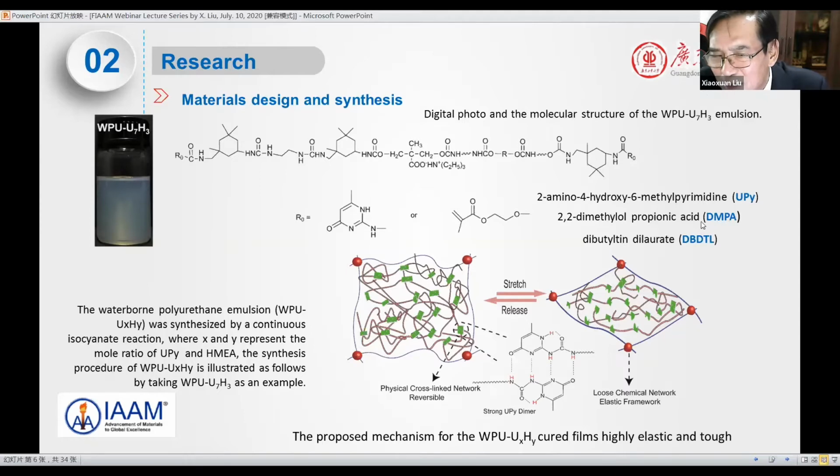It is DMPA. This is the boiling device as the catalyst. And during the synthesis process, we prepare